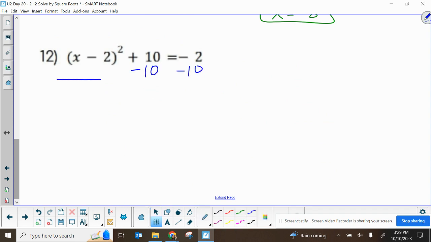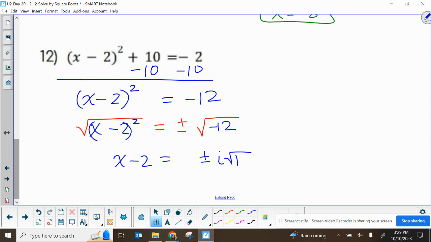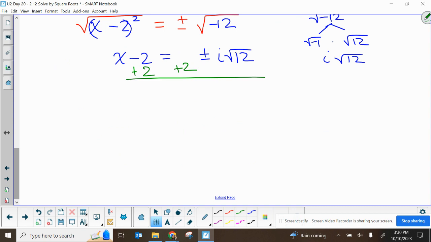Okay, so I'm going to get whatever's being squared alone, get negative 12. And when I take the square root, I'm going to do plus or minus square root. So I have x minus 2 squared, and I have a negative 12. So x minus 2 equals plus or minus i square root of 12. Because the square root of negative 12, I'm going to split into the square root of negative 1 times the square root of 12, and that becomes an i. And then I want to add 2 to both sides. So then my final answer will look like,